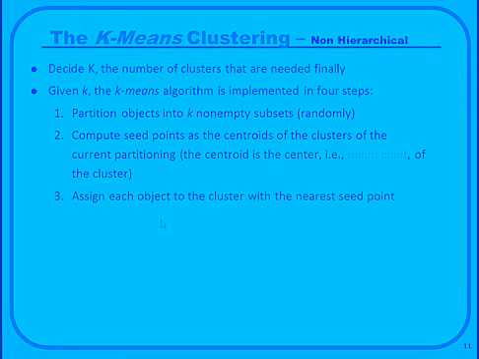Now what you will do? You will assign each object to the cluster with the nearest seed point. So if you think of it, now you have got different seed points. Now you will start passing each observation one at a time. And for each observation you will calculate whether it is closer to the first seed, second seed or third seed, like that. In reality, in the first go you will get k seeds. And wherever it is the closest, you will put that observation into that particular cluster.